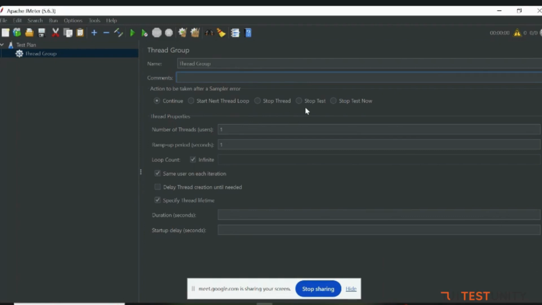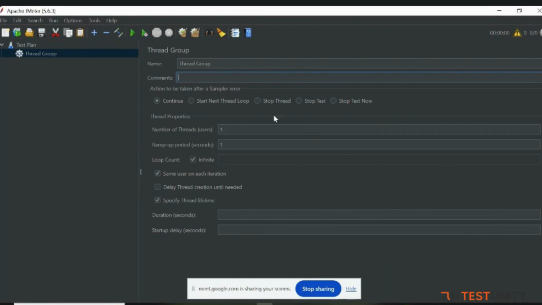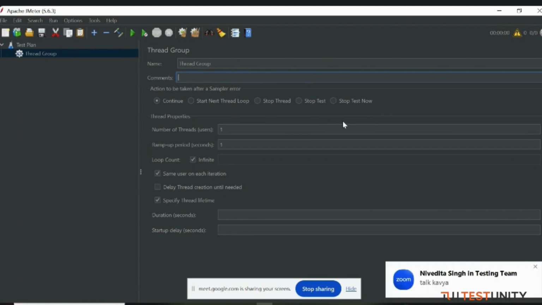Stop test means it will stop your test. Stop test now means it will stop the whole execution process. Both stop test and stop test now look similar, but there is one difference. That is, in stop test,